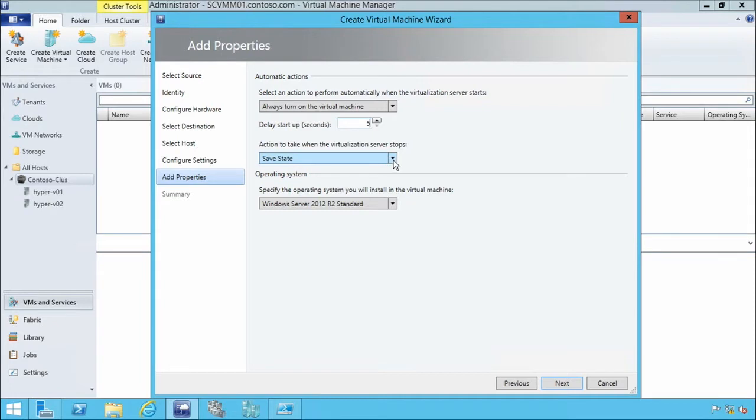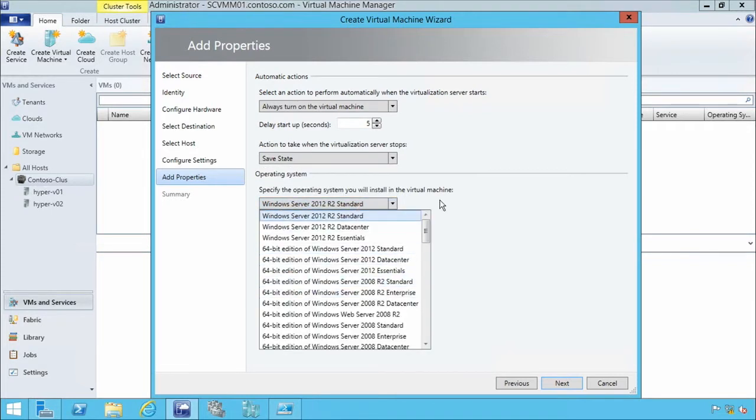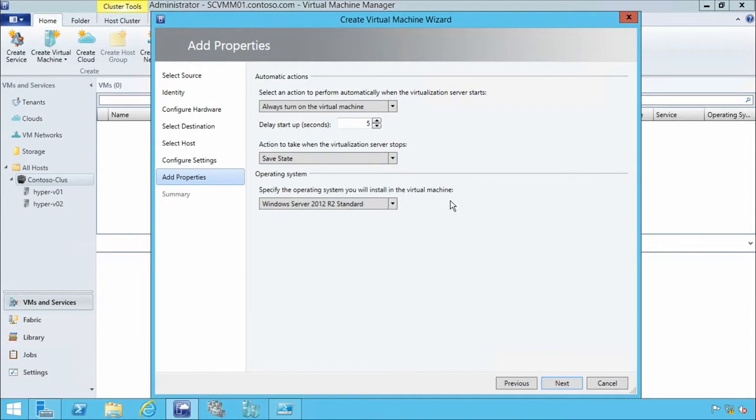If the virtualization server stops, if you shut it down, do you want to save the state, turn it off, or shut down the guest? And finally, what operating system are you going to install in here? It's not going to change any of the settings we've previously made, but it'll help VMM administer and manage that